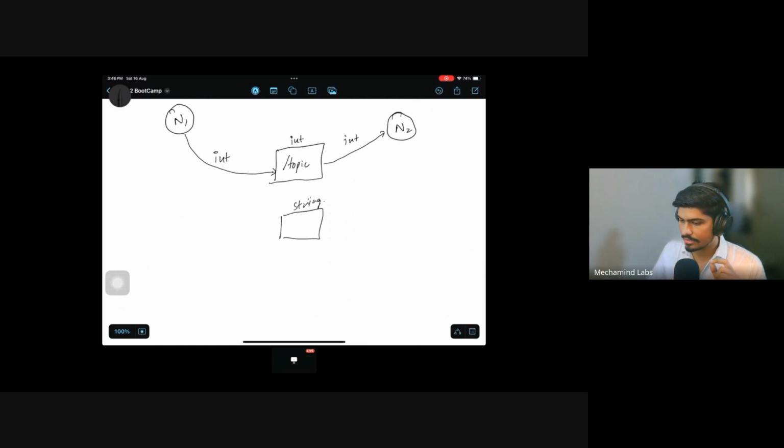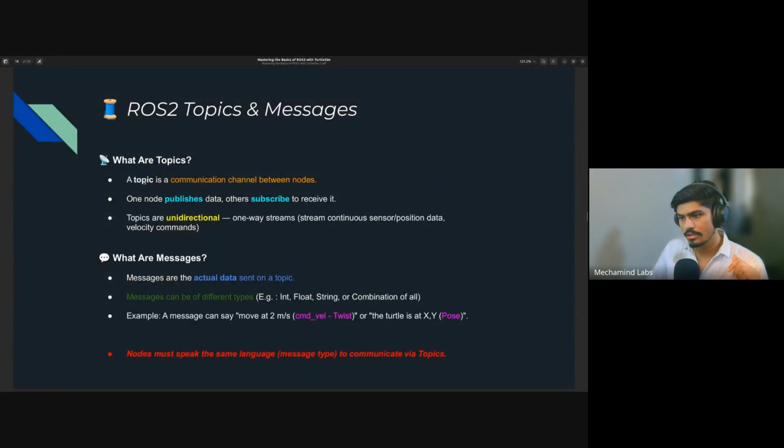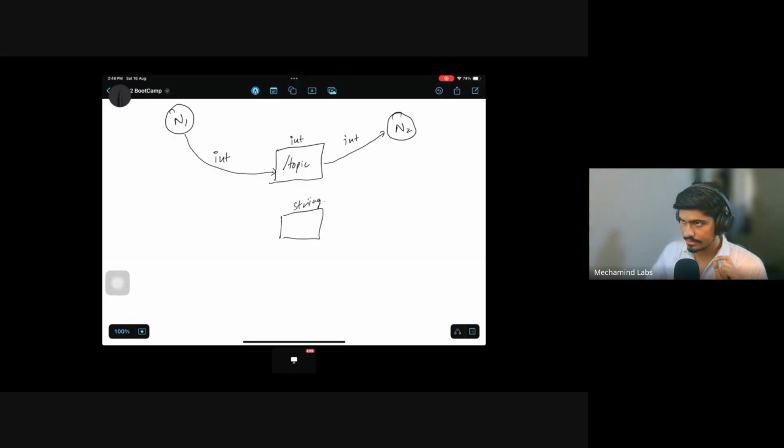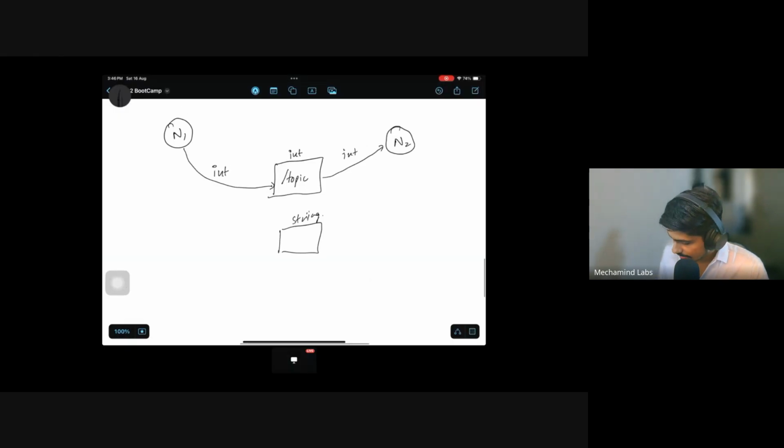And the most important thing is that a topic understands only a specific language. Both the publisher node and the subscriber node need to communicate in the same language. Then only the communication will get established. To explain it more clearly, here you can see on the PPT that a topic is a communication channel between nodes. One node publishes data, another node subscribes data. Topics are unidirectional. The important thing about topics is that they are unidirectional. It cannot go like this, or